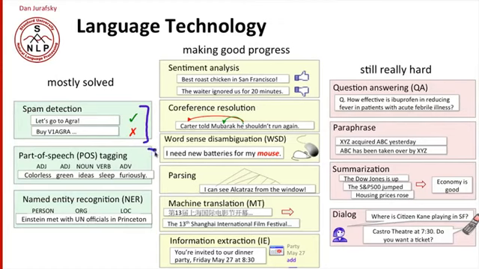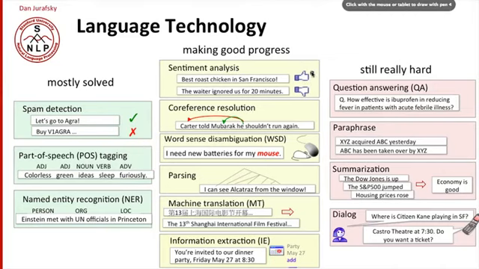A couple of important component tasks, part of speech tagging and named entity tagging, we'll talk about those later in the course, and those work at pretty high accuracies. We're going to get 97% accuracy on part of speech tagging, and we'll see how that's important for parsing. In other tasks, we're making good progress. Not as commercial, not as completely solved, but there are systems out there that are being used.